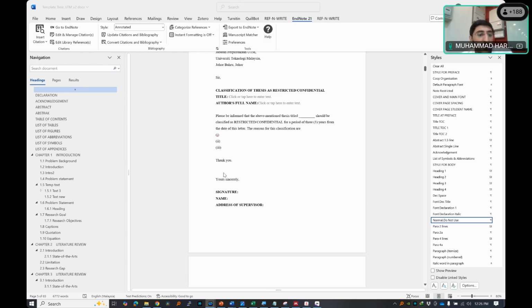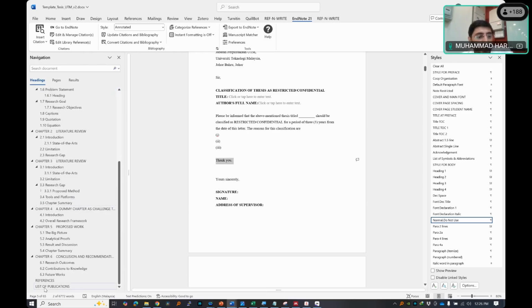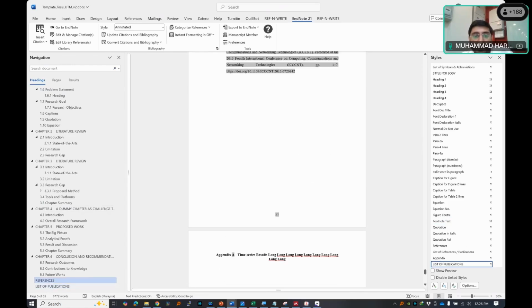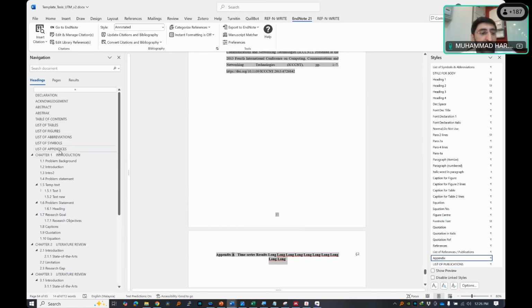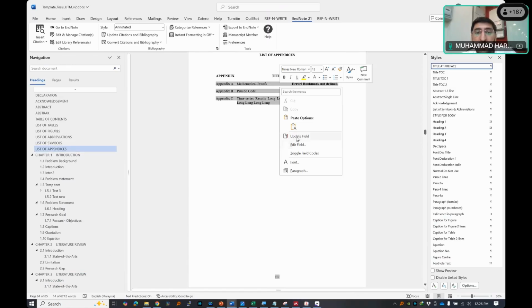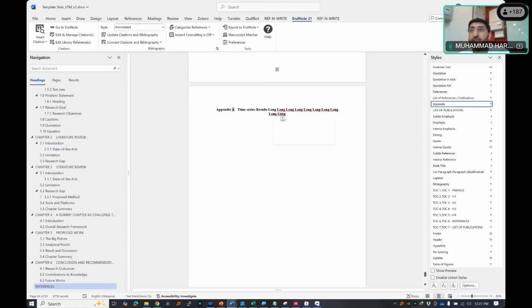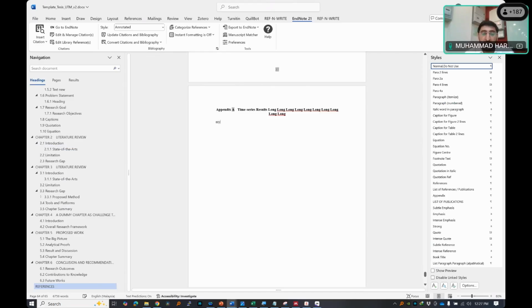Okay, let's talk about the appendix. Here I want to show an example. This is the appendix, and here is appendix A. If I go to the list of appendices, I can right click and update the table. This is the table, and you can press Control and click to come to the appendices. Now in appendices, you can write, for example, my data is here, and the title of the appendix is like